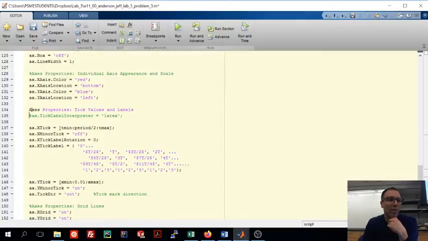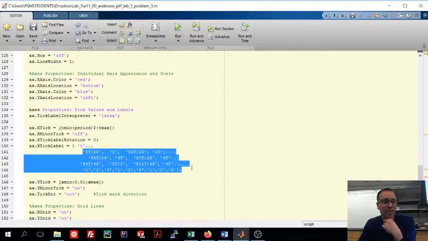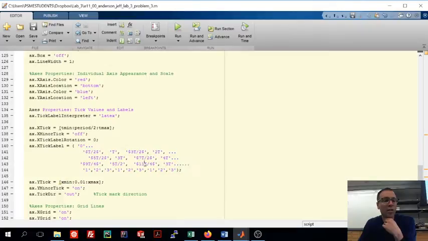So right here, I'm telling MATLAB, please interpret all of my strings using a LaTeX editor, so I can write LaTeX code within MATLAB tick marks. And then this thing lets me label the tick marks using these strings. Well, in my case, there are 21 periods in this data. So, lo and behold,